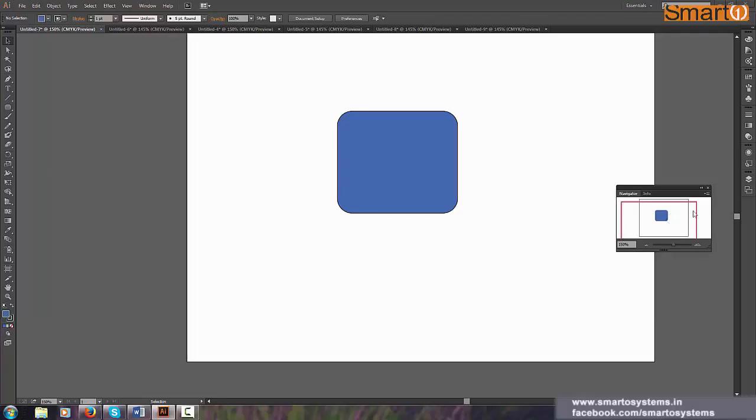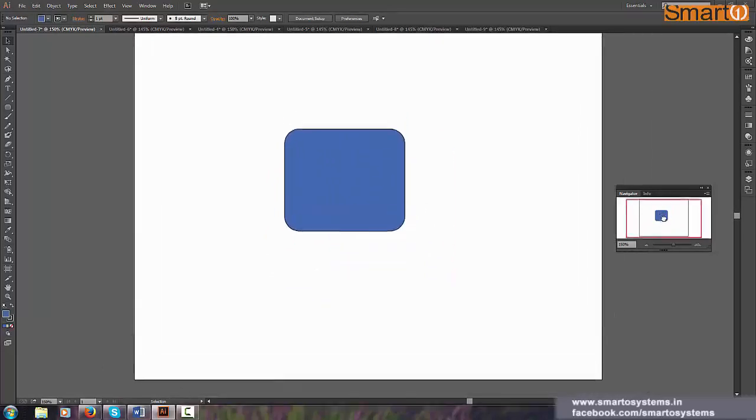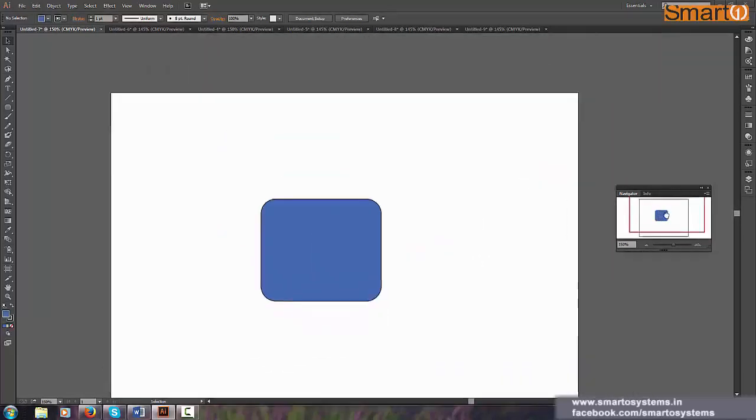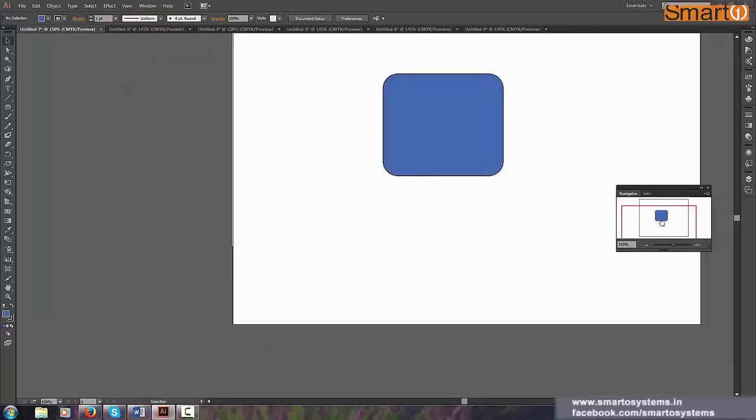When I go inside this red rectangle, my cursor changes to a hand, and the same way I was dragging while holding the space bar and left mouse click, I can do the same here. Except this time I don't have to press the space bar, I can just click inside this rectangle and drag around.